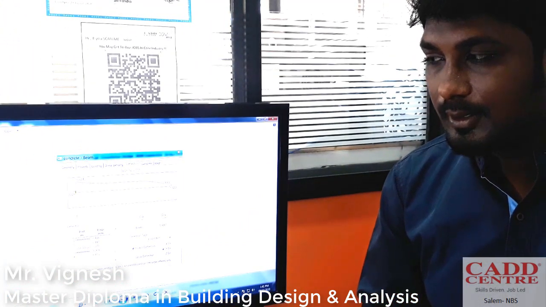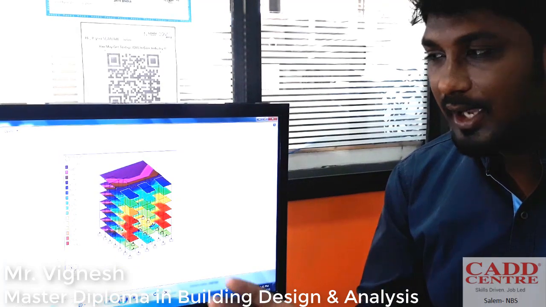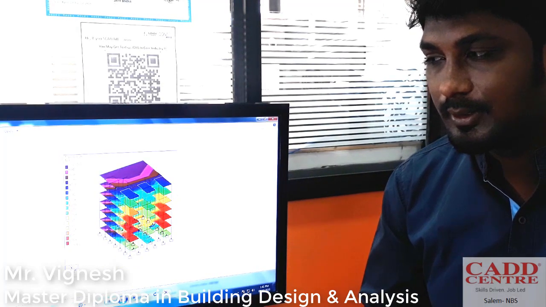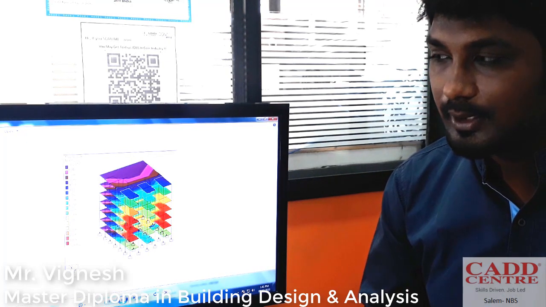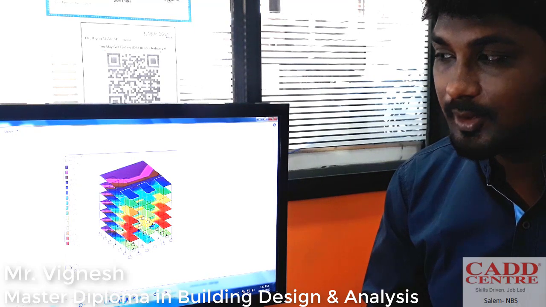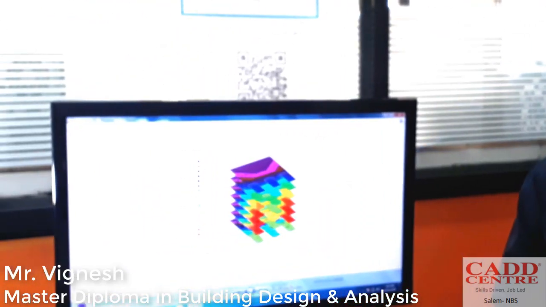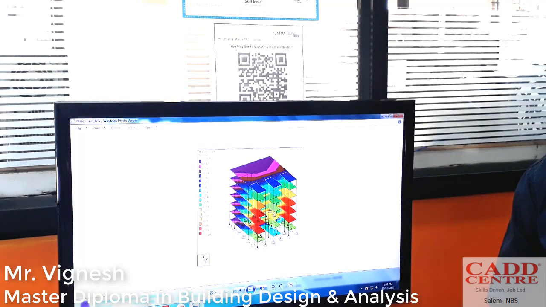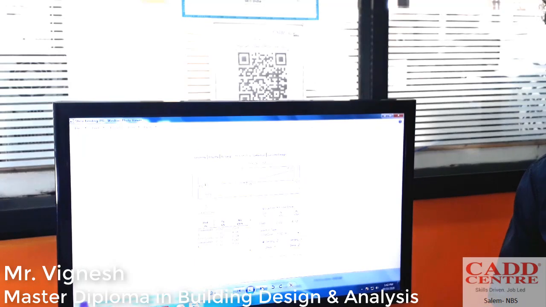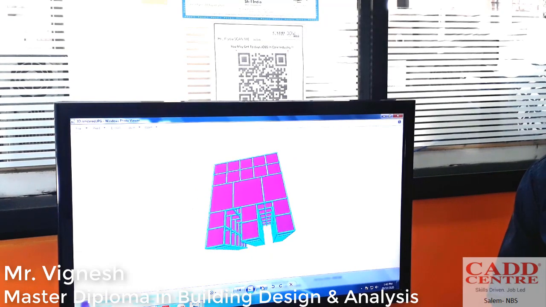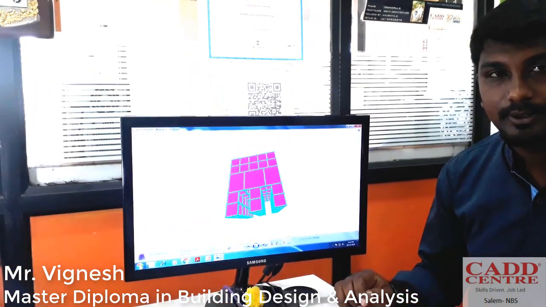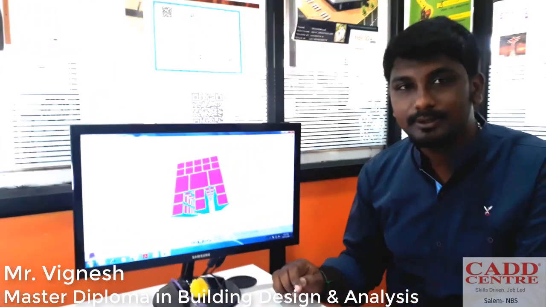And this is the maximum absolute representation, which is given in various colors. Each color represents a value which starts from lesser than 0.018 and ends with greater than 0.403. And this is the shear bending of this structure, which is taken from a beam in the structure. And this is the render image of this structure after giving properties such as beam, column, and plates.